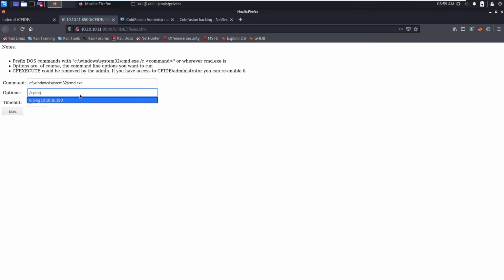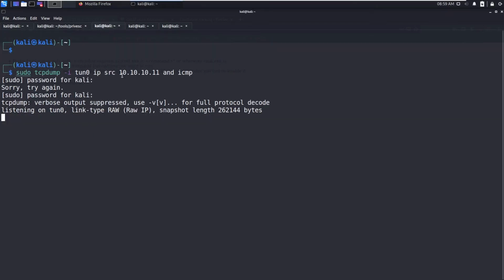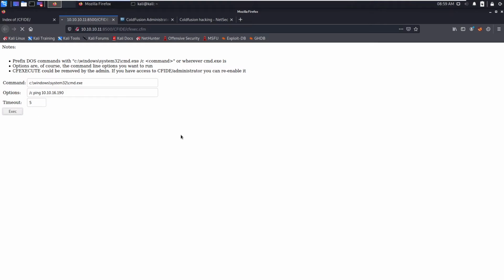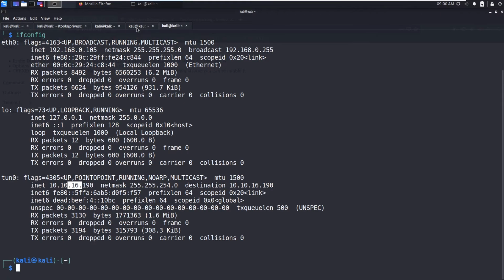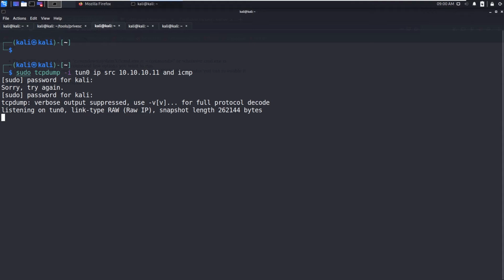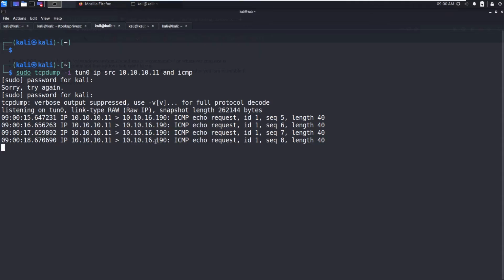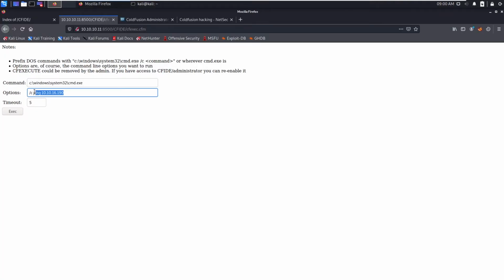So now let's ping this. Let's execute this one. You can see there are 4 packets, so that means the commands execute correctly.